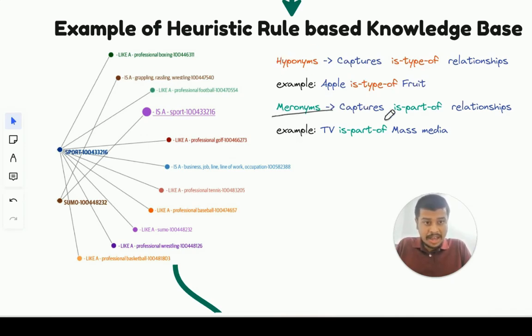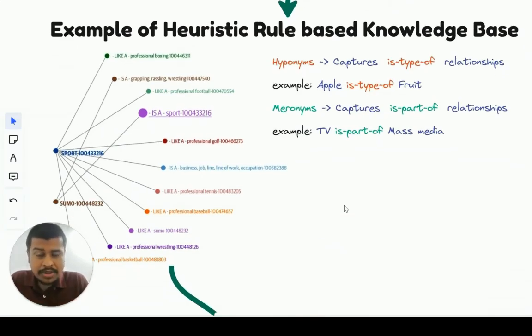Similarly, meronyms capture the "is part of" relationship. So TV is part of mass media. This is an example of how the relationship between two words could be captured. So meronyms and hyponyms, that is all the examples I can give you for now. Okay, fine. So we are done with this word network. We have captured all of the semantic relationships. Now the researchers are thinking, is this how far we can go? Can't we go to even deeper levels than this? Is this all the information we can have from capturing some relationships?